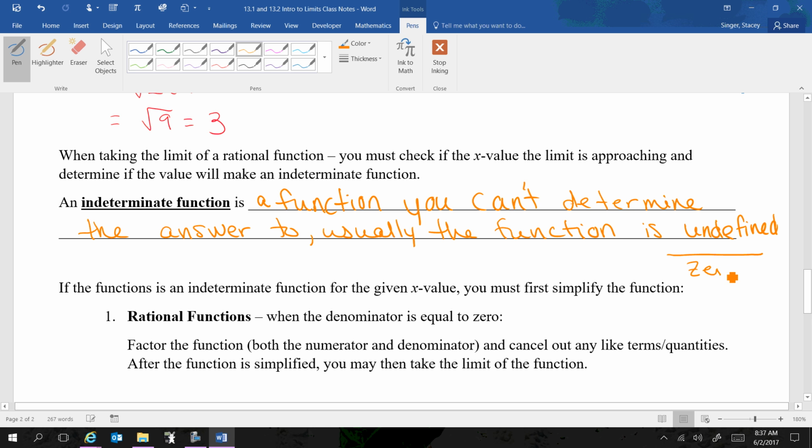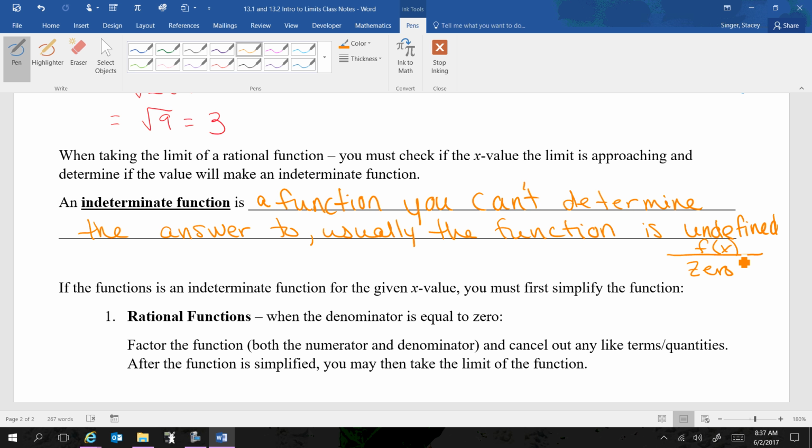Oh. When you have a fraction and whatever's on top, we'll just say some function, and zero's on the bottom, why do you get undefined? You can't divide anything by 0. Alright, so